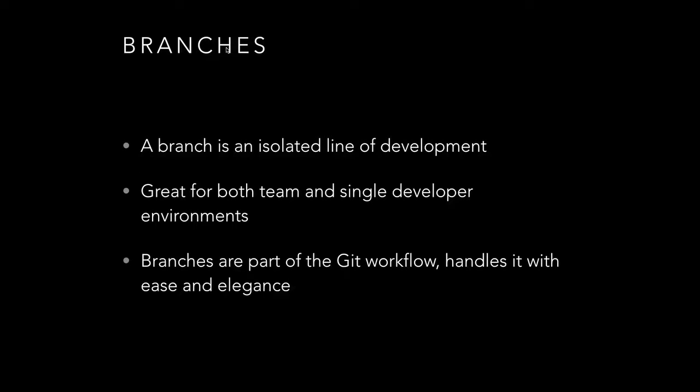All right. Let's talk about branches. Branches are more of an advanced thing. You do not need to use them initially. Branches are an isolated line of development. What does that mean? Well, that means that in SourceTree, we've been working on what is called the master branch. Typically there's been a workflow that basically says the master branch should always be the line of code that if anybody wants to get it, they can trust it that it's the production version